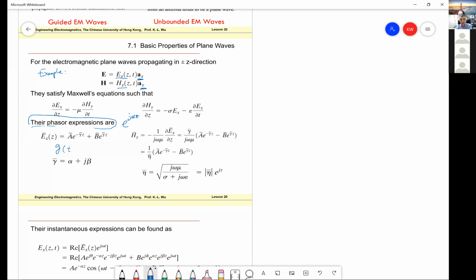That function must have an argument in this form, or we have another function where the argument is in this form. So v is the wave velocity, and g and f can be any function. But for time harmonic field,